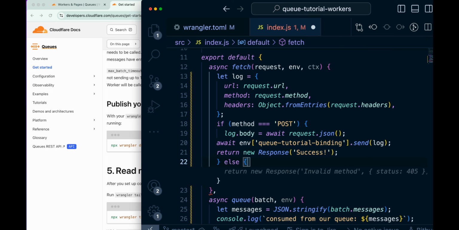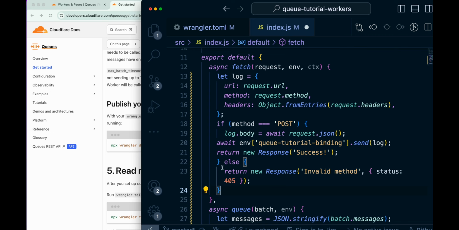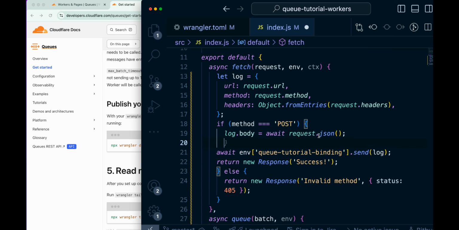We can add a return statement and respond that it's an invalid method. We also send 401, I think, which is usually the status number for an invalid method. As for the JSON that's coming in, we can access the fields of this. For example,